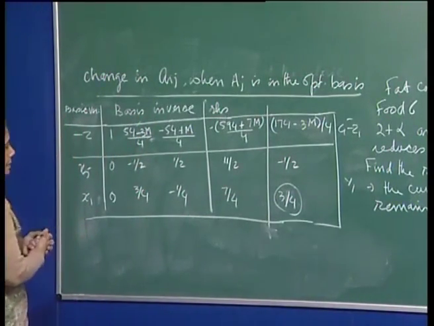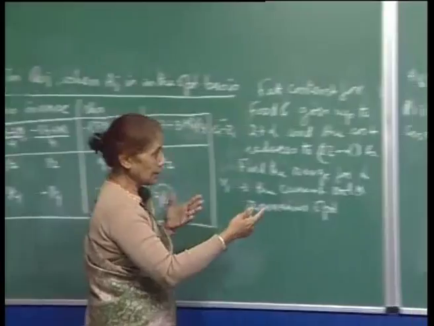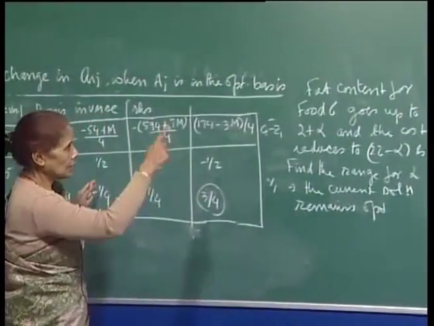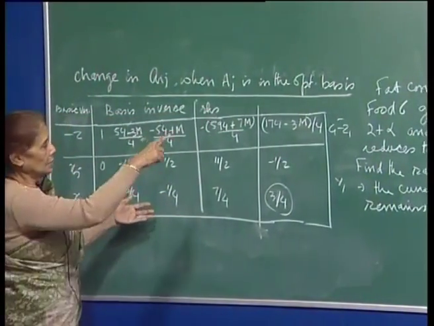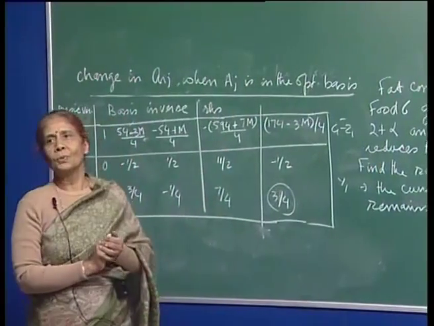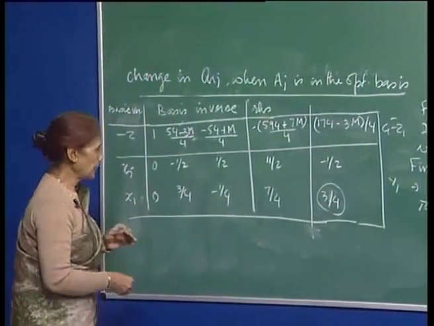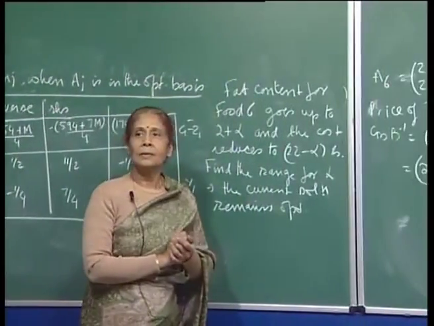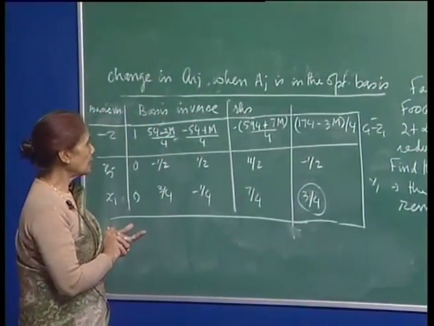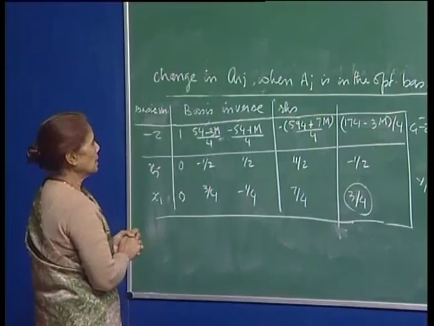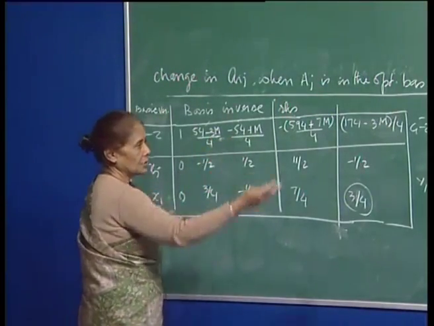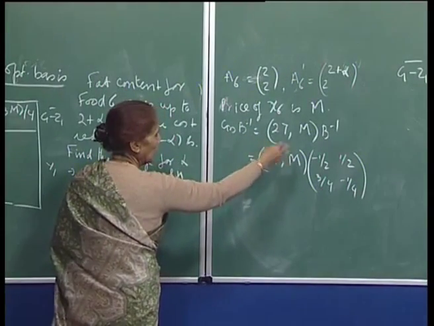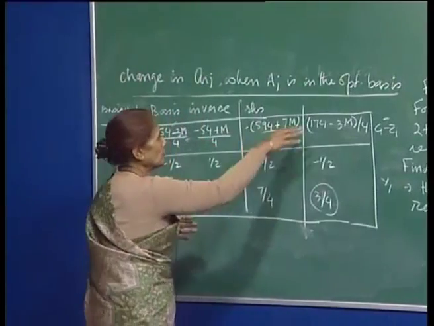Which means that now your A6 will go out of the column, right? Because currently A6 was the second column in your current optimal basis. So, pivoting on this one means that A6 will go out. And what would that mean? That if A6 is going out, it is no longer in the basis. To check whether your calculations are right or not, these m's should disappear from your calculations, because your CB will not be a function of m. Therefore, CBB inverse would not have any component of m,